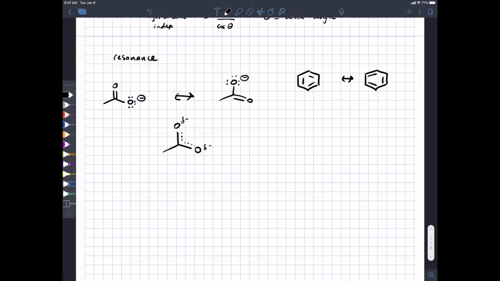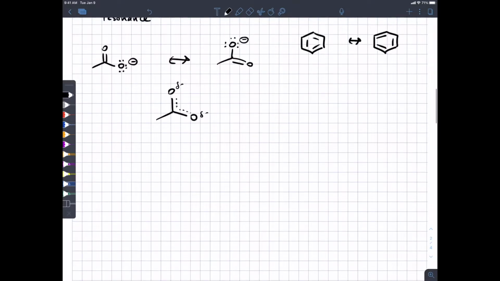MO theory, in contrast, doesn't actually need the concept of resonance because delocalization is baked into MO theory. As an example, if you do molecular orbital theory for the pi electrons of benzene, and we're going to sort of look down on benzene from the top, you would see that the lowest energy orbital looks like this